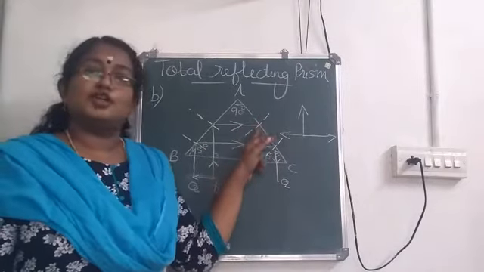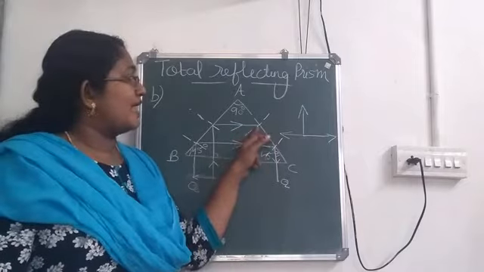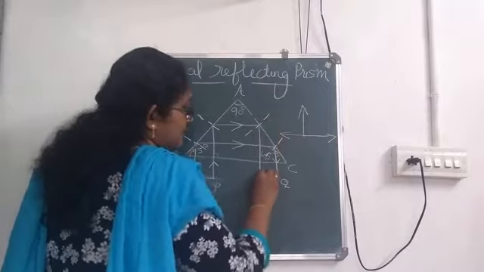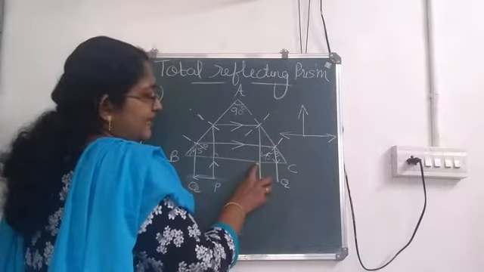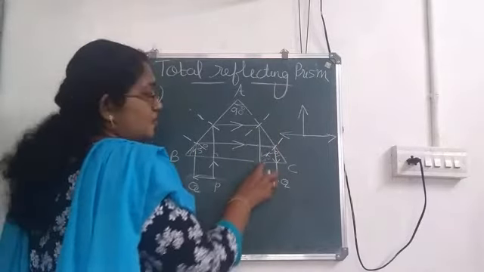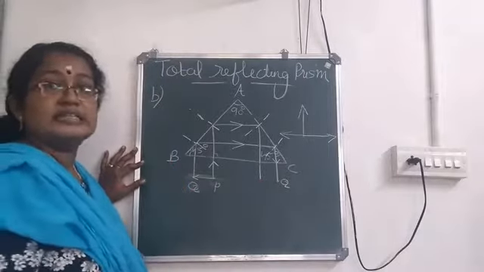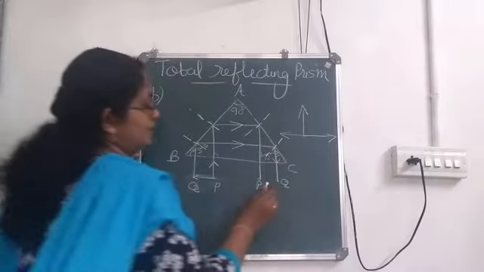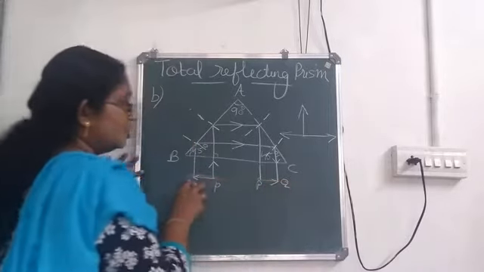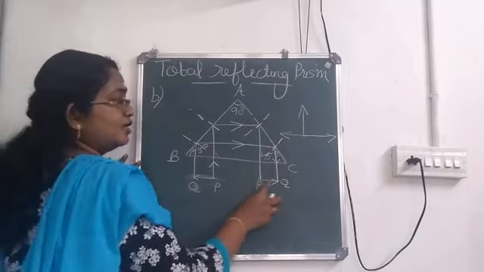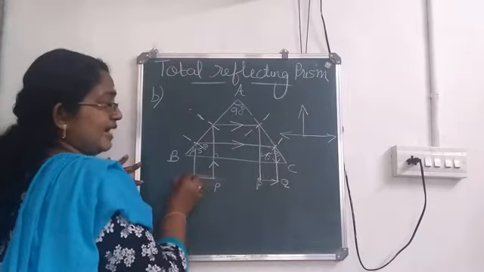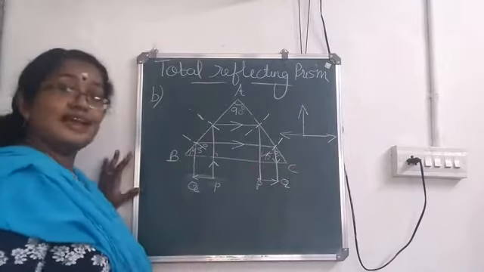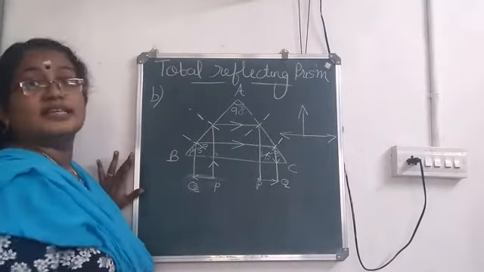Here also it undergoes total internal reflection because the angle of incidence is greater than 42 degrees. So what happens? It comes down. When it hits here, here it is normal incidence. So the ray will come out without any deviation. Now what is this point? This is P. So just check P to Q. Isn't it? So here also P to Q. Here the direction is in this way and there it is in the opposite. That is, the ray gets deviated by 180 degrees.